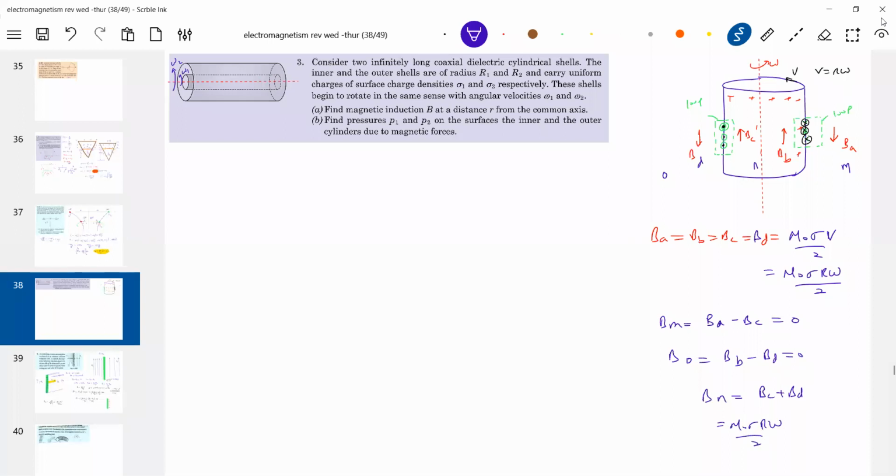This idea is very, very important. You can solve plenty of problems, any problem now you can manage, I feel. There's a standard idea. Field inside the pipe will be mu naught sigma R by 2. Why is it outside 0? There's the reason.